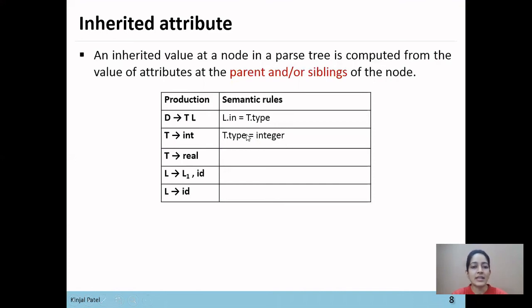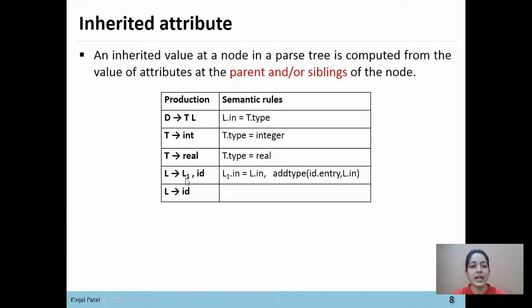So as you can say, this T.type is a synthesized attribute, so it will be computed from its child. Then T.type equals real. Then L1.in equals L.in. Here we have already found that L is an inherited type, so wherever L is found in the grammar, we will represent that L with an inherited attribute only.